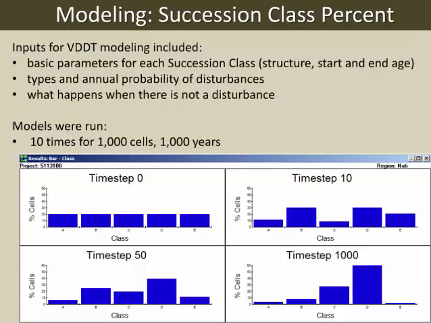The models were run 1,000 years. Since we're looking in the past, we wanted to run the models for 1,000 years so they could settle out, if you will. As you see, it takes a while for the model to kind of equilibrate. And so we did a bunch of testing on this to figure out how long we needed to run the models. And 1,000 years worked well for us.